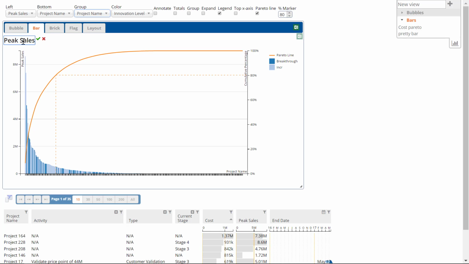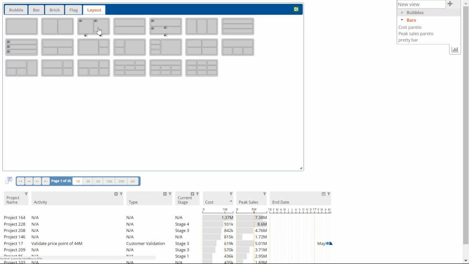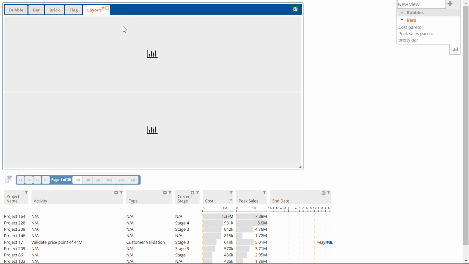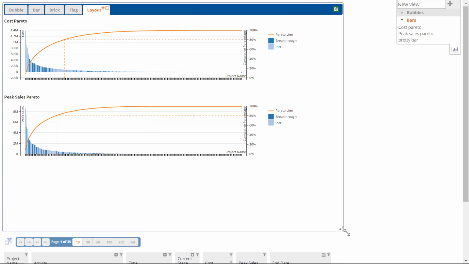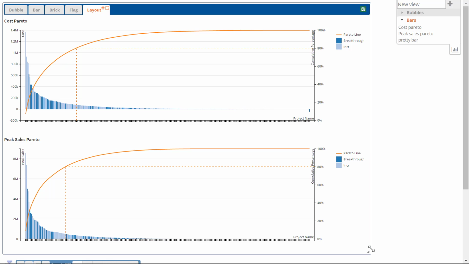And we'll change our title again. And we'll save this view as well. Now we'll create a layout and show these views one above the other. And just like that, we have an easy way of comparing the peak sales distribution to the cost distribution across